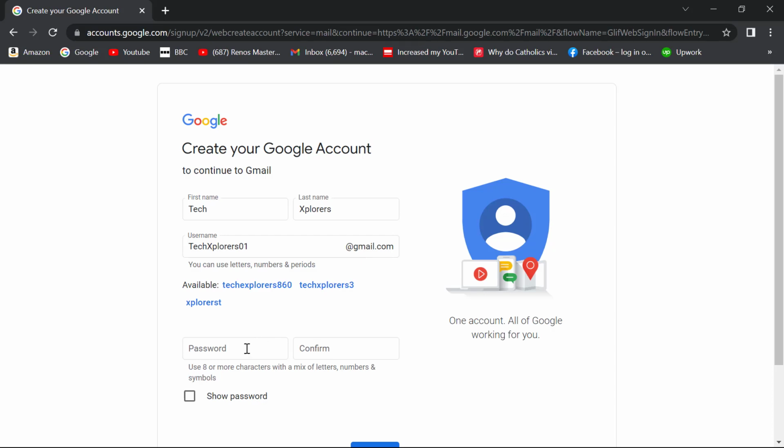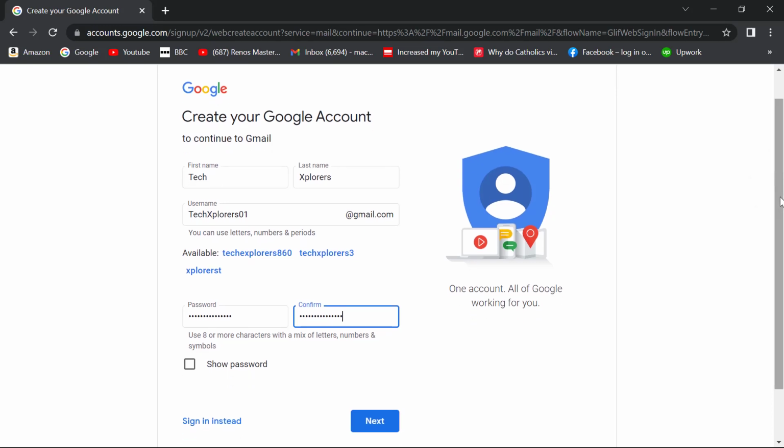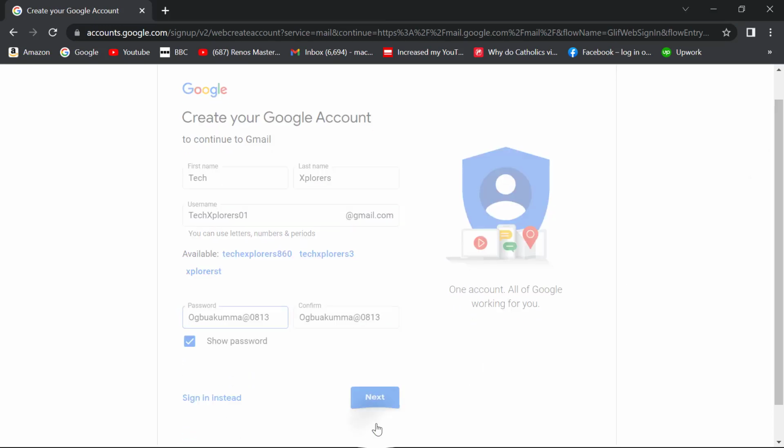So I have done that. I have to go down to choose a suitable password. So I'll type in a password. Just choose a password and confirm the password that you have chosen. Having done that, we would scroll down to click on the next button. So we click on next,